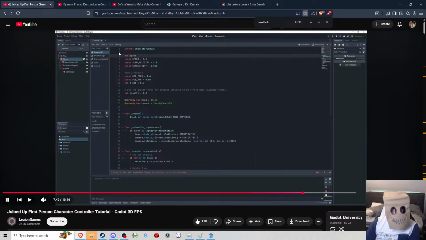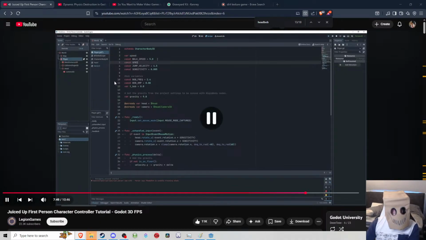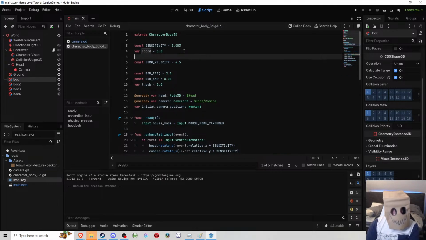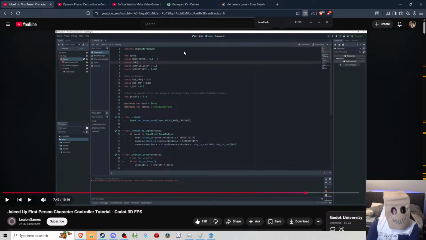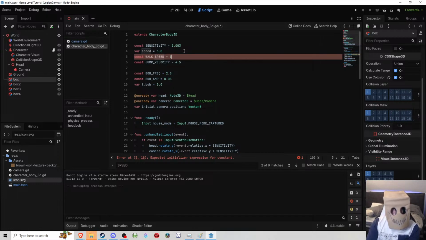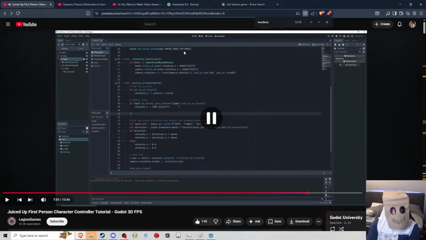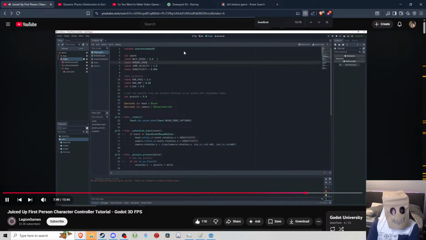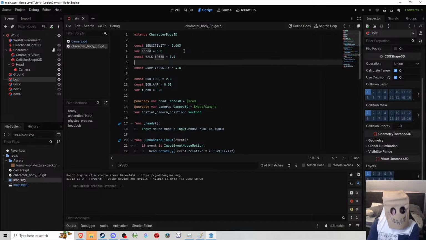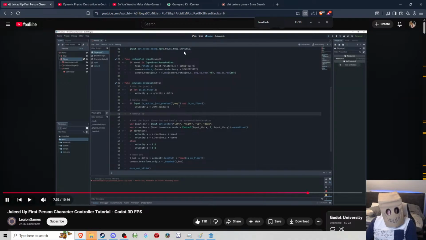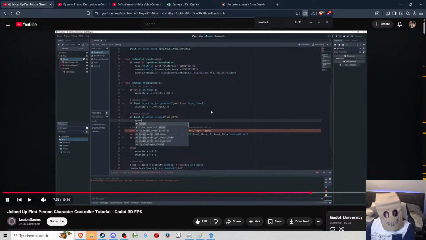So let's create a speed variable and change our speed constant name to walk speed, as well as create a new constant called sprint speed. Back in the physics process, we will run a check on whether the player has pressed shift or not, and then set our speed variable to either